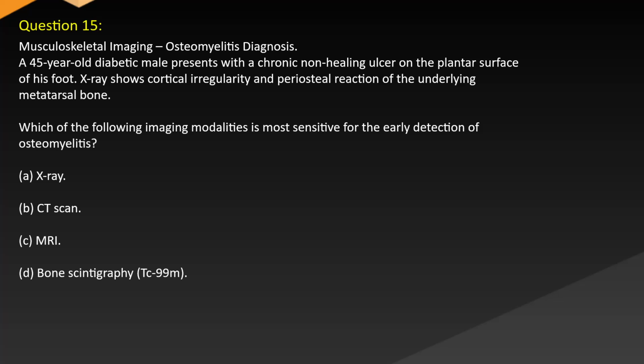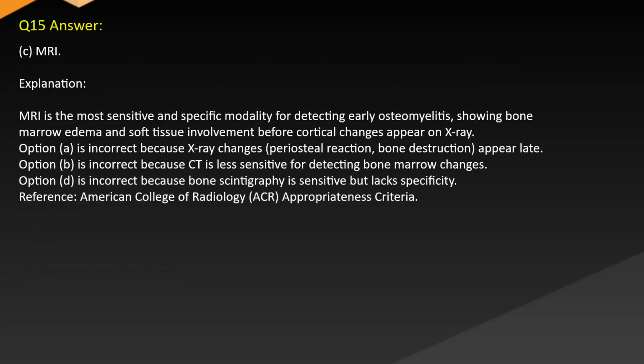A. X-ray. B. CT scan. C. MRI. D. Bone scintigraphy, Tc-99m. Answer: C. MRI. Explanation: MRI is the most sensitive and specific modality for detecting early osteomyelitis, showing bone marrow edema and soft tissue involvement